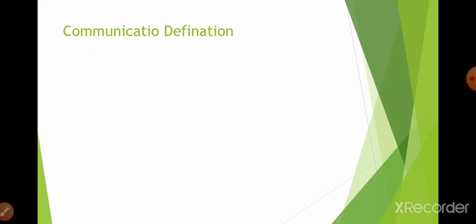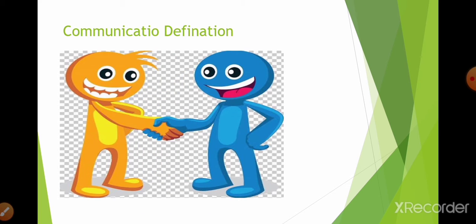Let us move towards the definition. I told you the definition, but here I am going to revise it. Basically, what is communication? Transmission of information from one place to another place, but the transmission must be meaningful. Let us take an example. Here two people are considered, one yellow and the other blue. Both are happy, that means they understand each other's language, hence they can communicate without barrier.